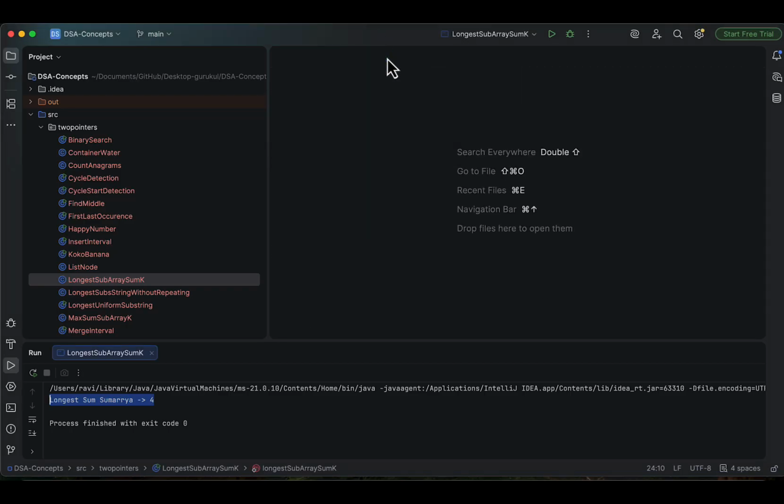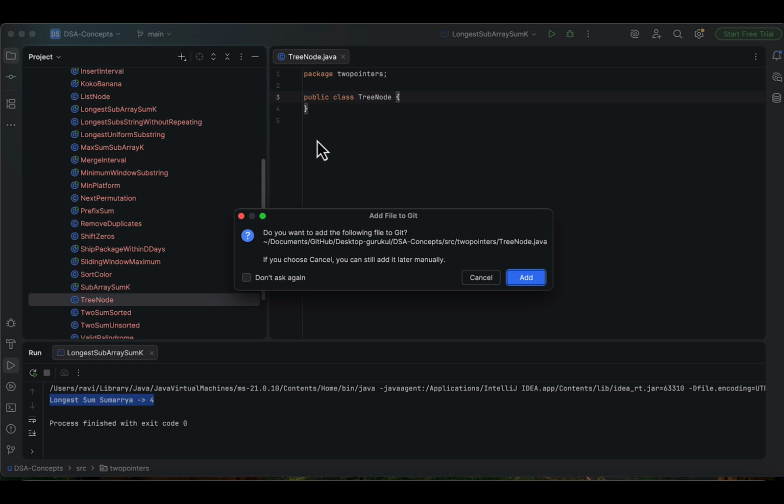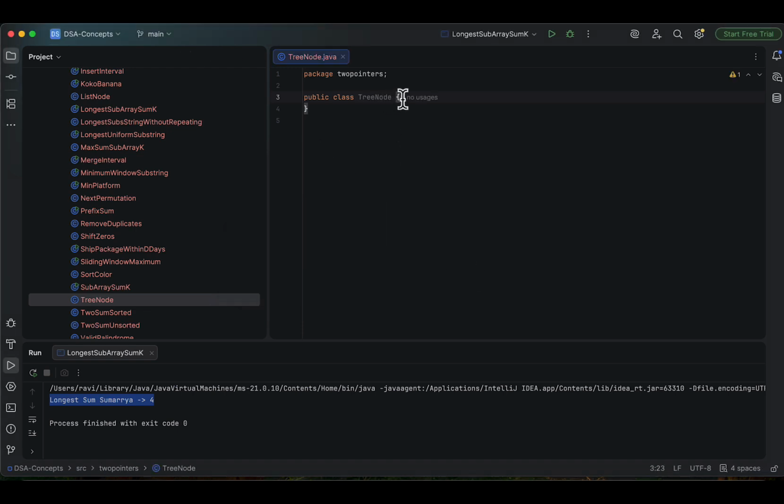I'm going to create one class for this. I'm giving the name of this class as TreeNode, right? And this TreeNode has three fields: one int value, second a left pointer reference, and a right pointer reference, if you remember,